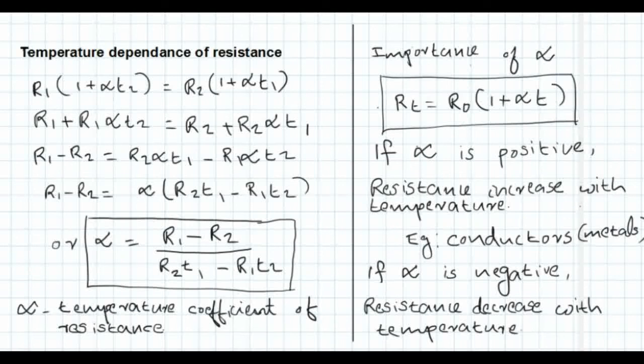Examples are semiconductors. In the case of semiconductors, we will study later that the resistance decreases as the temperature increases, or conduction increases as the temperature increases. But in the case of metals or conductors, normally when the temperature increases, there is a fall of conduction. The reason is alpha is positive, and therefore with the increase in temperature, resistance increases, and therefore the conduction decreases.